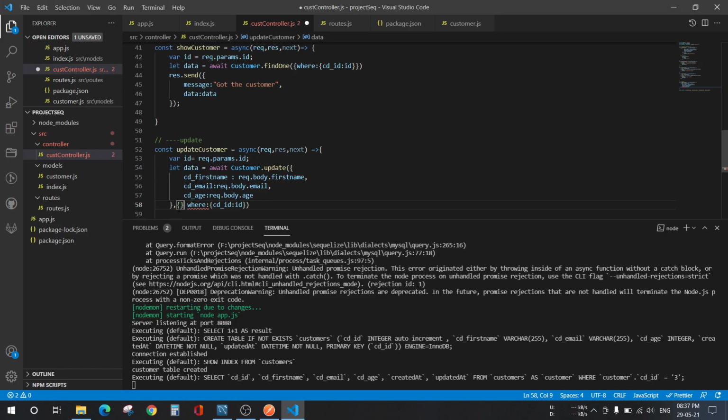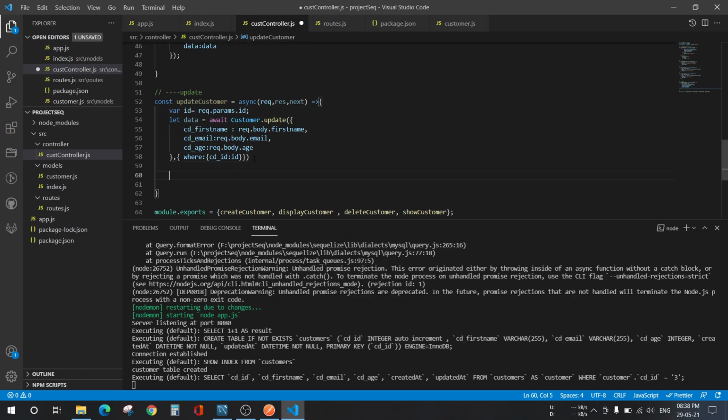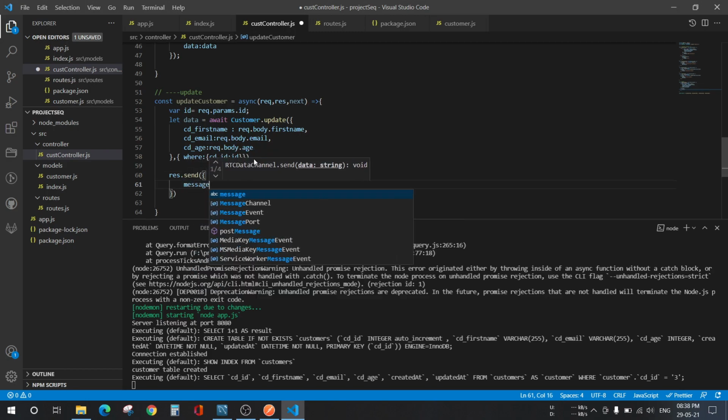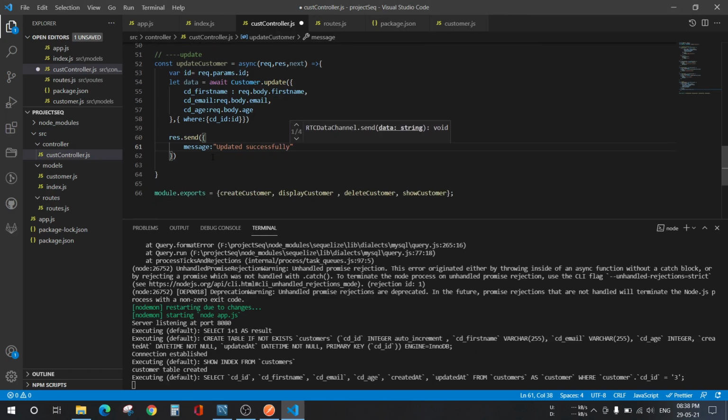This will also be in curly braces. Okay, now just print the result: updated successfully.